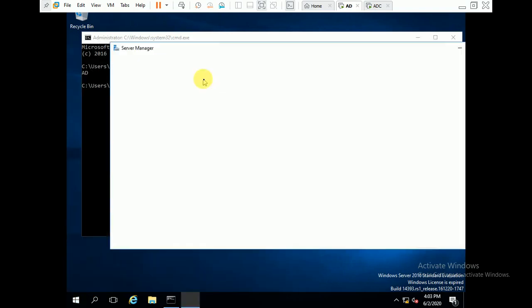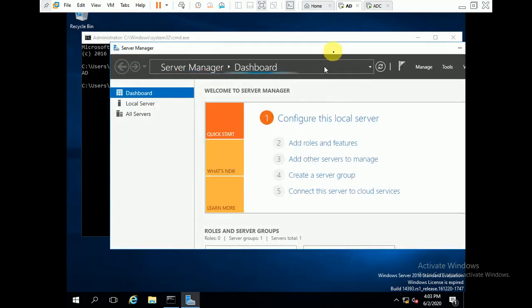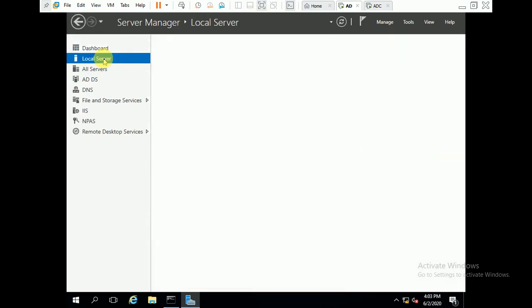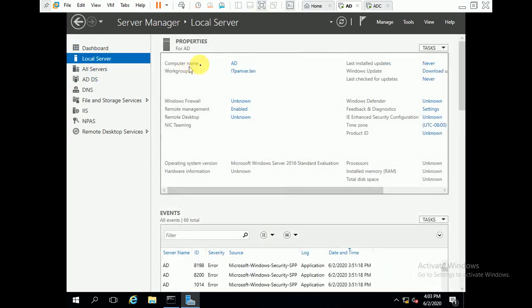Go to Server Manager, it is getting ready. The computer name is AD and the domain is itparivar.lan. So the domain name is itparivar.lan and the server host name is AD.